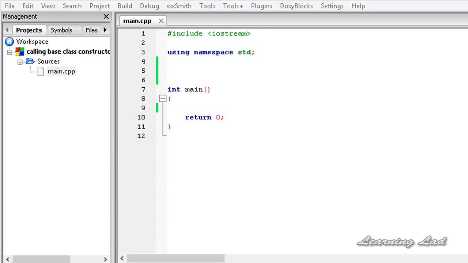So in this tutorial we're going to learn how to pass the parameter to the base class constructors and also how to call the base class constructors in the derived class. So let's begin. Just for the demonstration purpose in this tutorial I'm going to create a class and let's